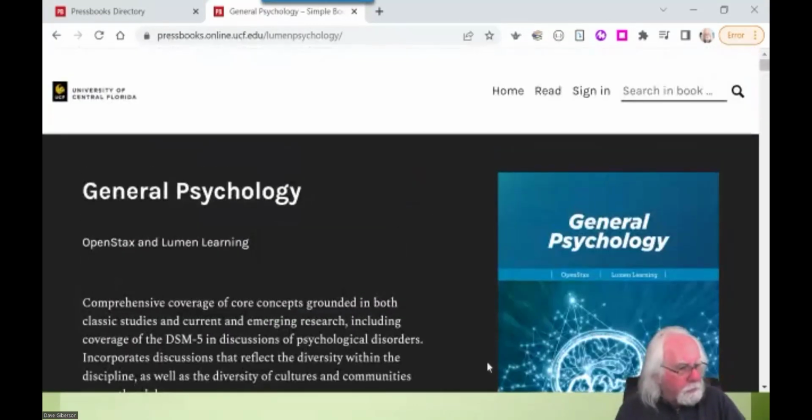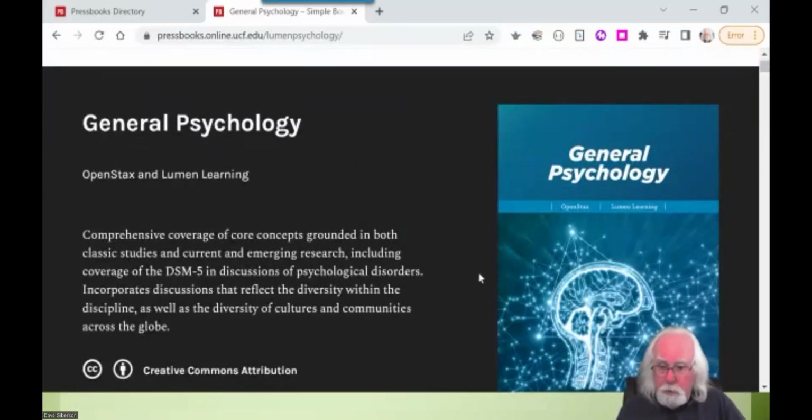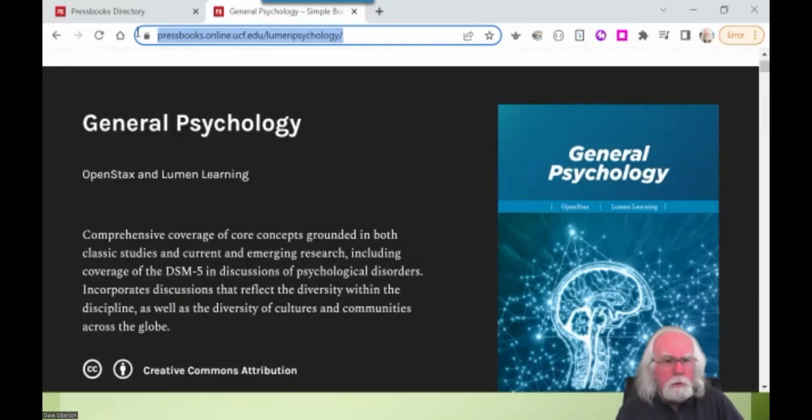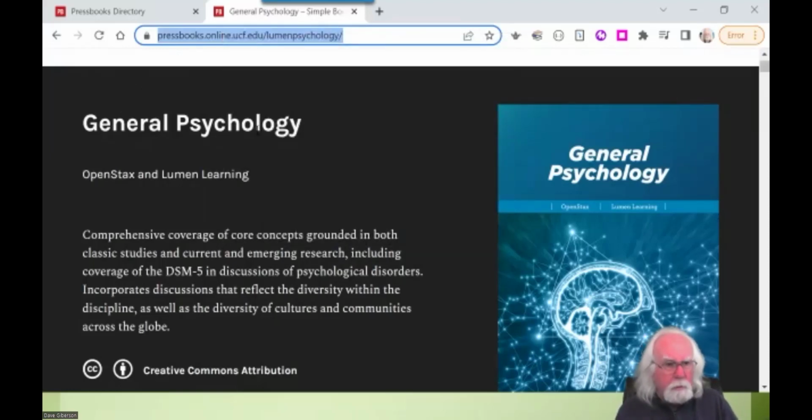Once you've found this book and decided to use it, what do you have to do to share it with your students? All you have to have is the URL for the book, which is in the address line on your web browser right up here. We'll copy that to our operating system clipboard, and now we'll go to Canvas